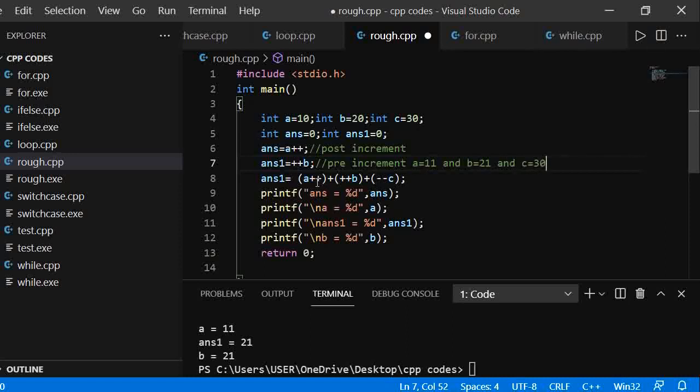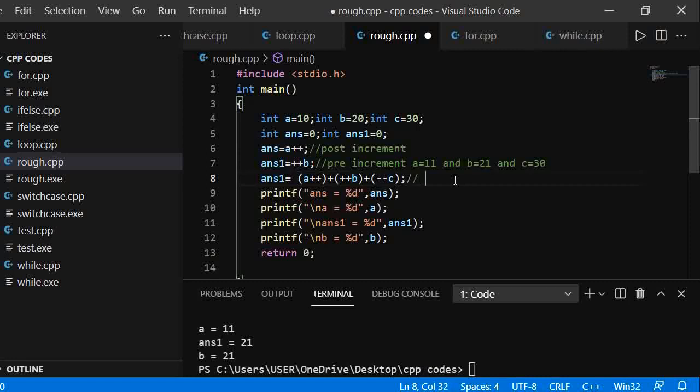Whenever we do a plus plus, the value of a is first used. So a becomes 12 from 11, but the value used for assignment is 11 itself. The b is incremented by the pre-increment operator, so it becomes 22.